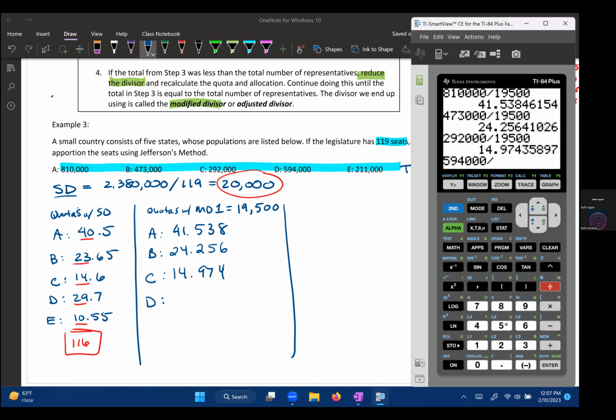All right, D, population was 594,000. Divide that by 19,500. 30. There's another one. So we have another increase. Notice how we've already increased by 3. So if the fourth one, the last one, increases also, we've actually got too much. So I'm rounding that to